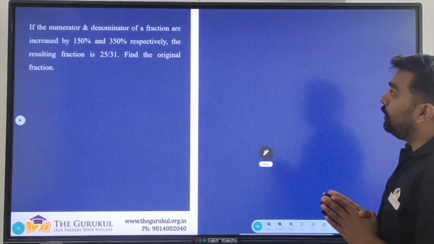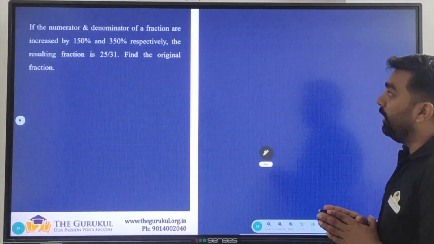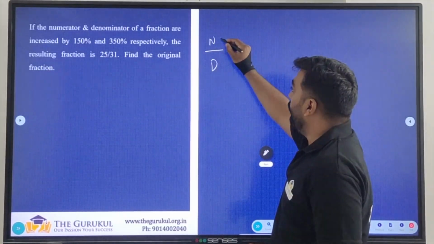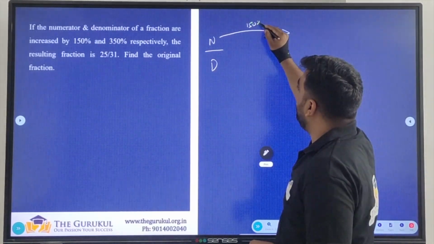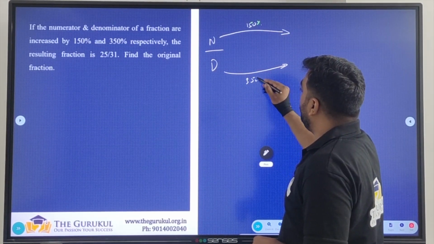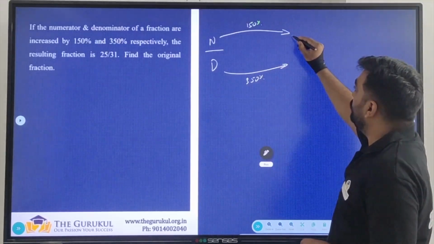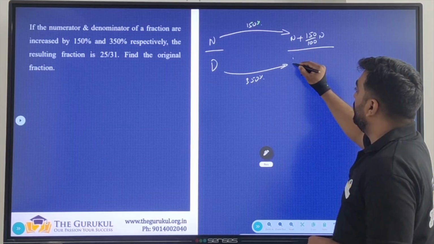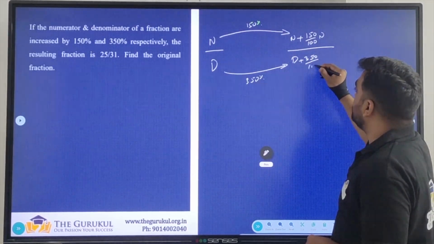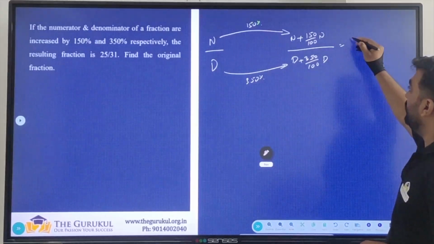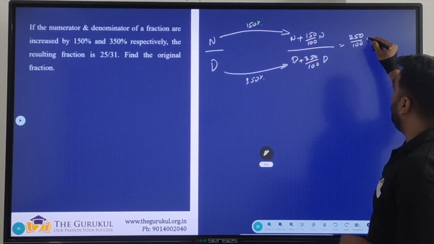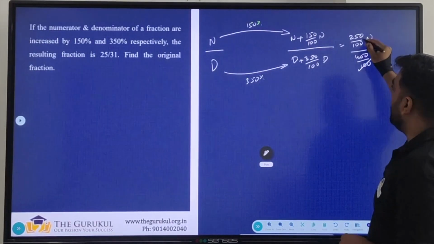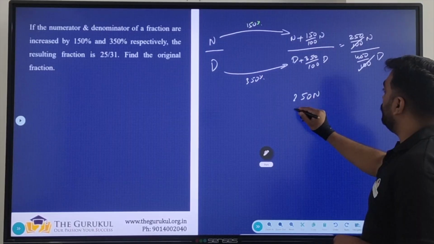If the numerator and denominator of a fraction are increased by 150% and 350% respectively, numerator and denominator increased by 150% and increased by 350% respectively. So new numerator will be numerator plus 150% of numerator, denominator plus 350% of denominator. This will be 250 by 100 numerator by 450 by 100 denominator. This gets cancelled. So the new fraction is 250n by